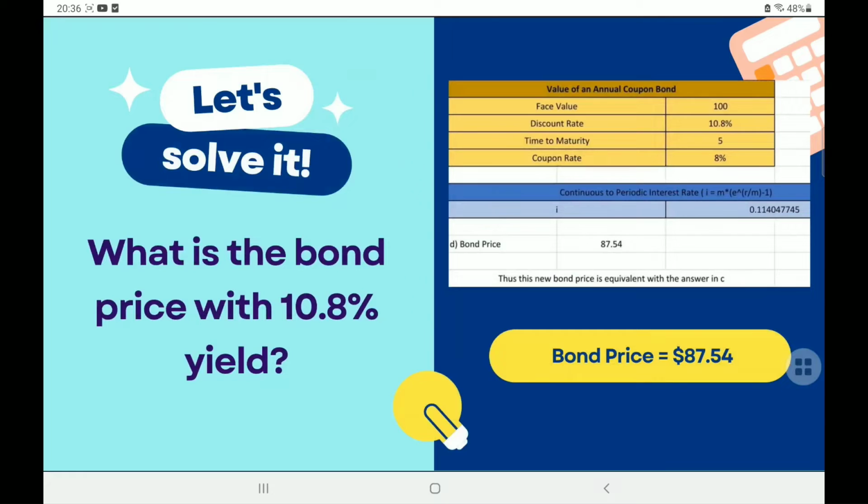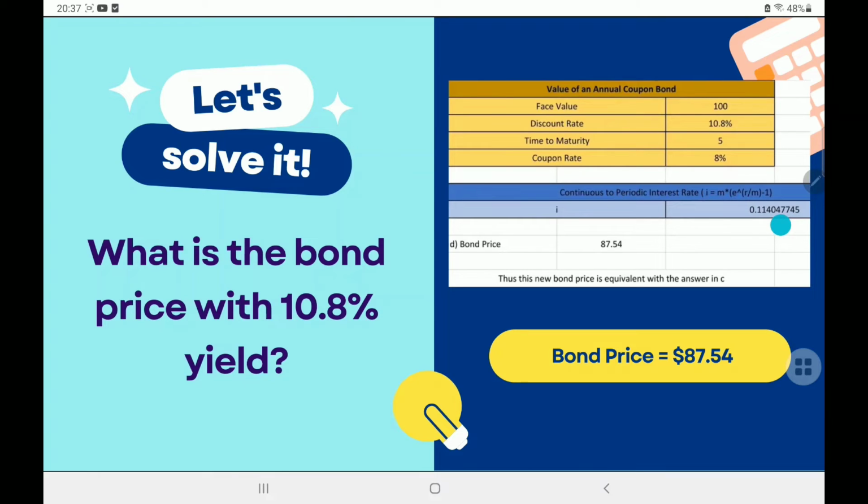Next question is, what is the bond price with a 10.8% yield? Therefore, we will use the first formula, the earlier one for question A, the same formula, but we only change the discount rate from 11% to 10.8%. Therefore, like the first step, we need to change the discount rate to the periodic interest rate, which is I equals M times e to the power of R over M minus 1. We will get the value of I equals